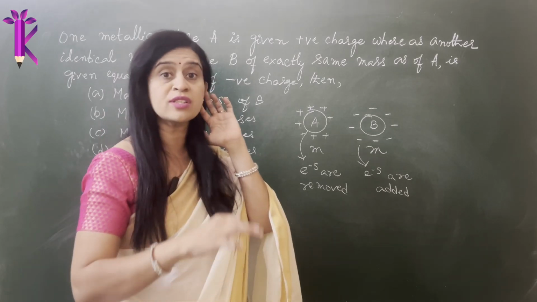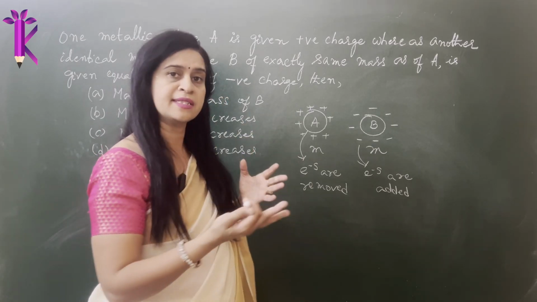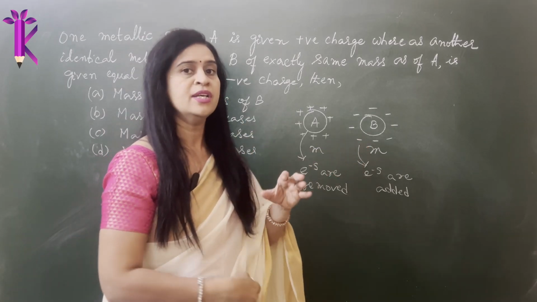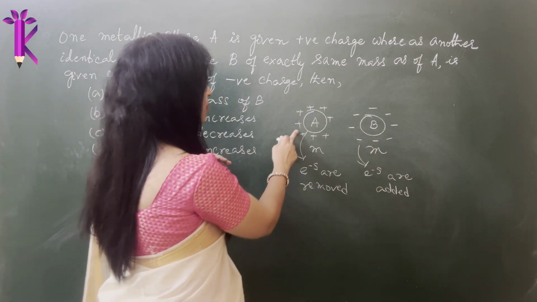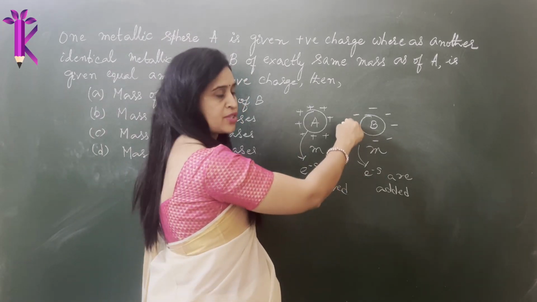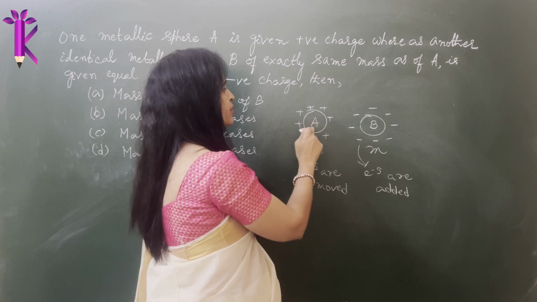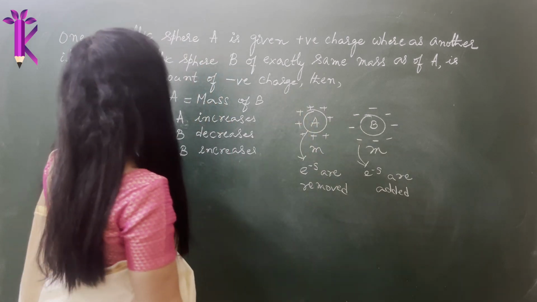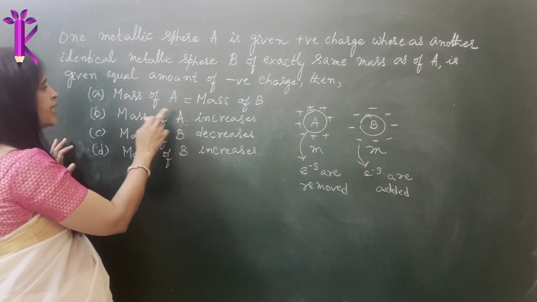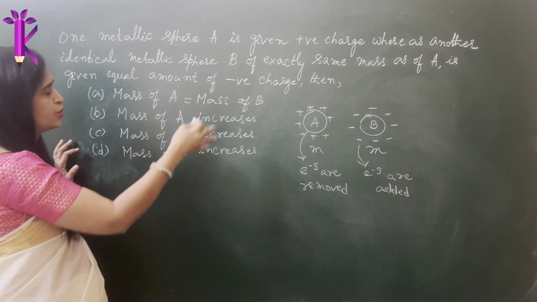So it is only electrons that flow, right? Electrons can either be removed or you can even add them. So some electrons are removed. Here you are adding extra electrons, giving it a net negative charge, and there a net positive charge. Okay, now there are some conditions. So what will happen after doing this process?